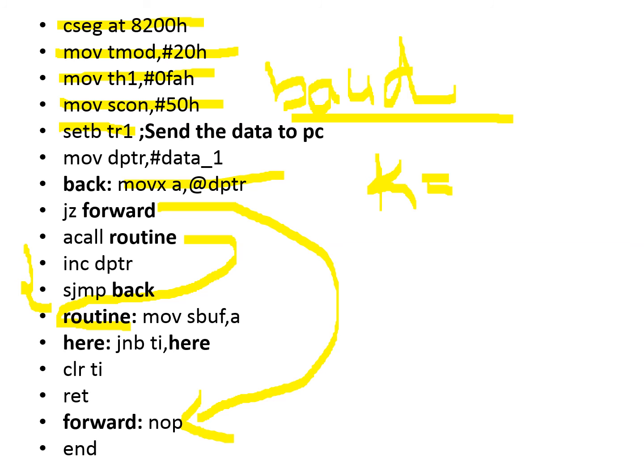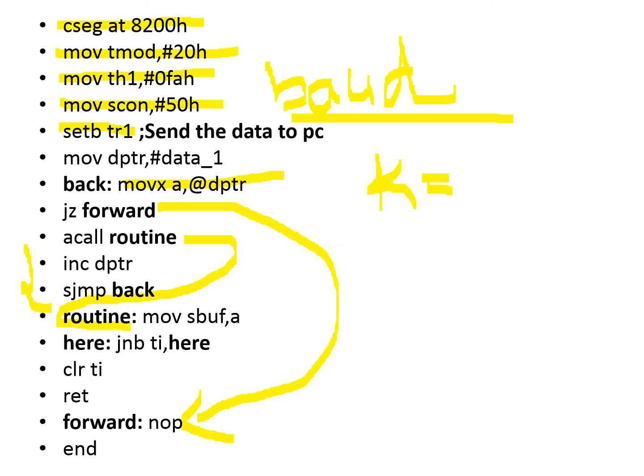As we know, sbuf is an important register for serial transfer. To send as well as to receive, we need this sbuf register. It is a compulsion, and therefore I use this sbuf register for this job. So accumulator content is copied to sbuf, and then my next job is to check for the TI, that is the transmit interrupt flag. This flag will be generated once the data is successfully transmitted. That is, only when all 8 bits of each character are transmitted will this flag be set, which is an indication that the data is successfully sent on the output of SBUF. And from SBUF, because you have connected the RS-232 cable, the data can be sent on the cable. It will be received by the monitor.